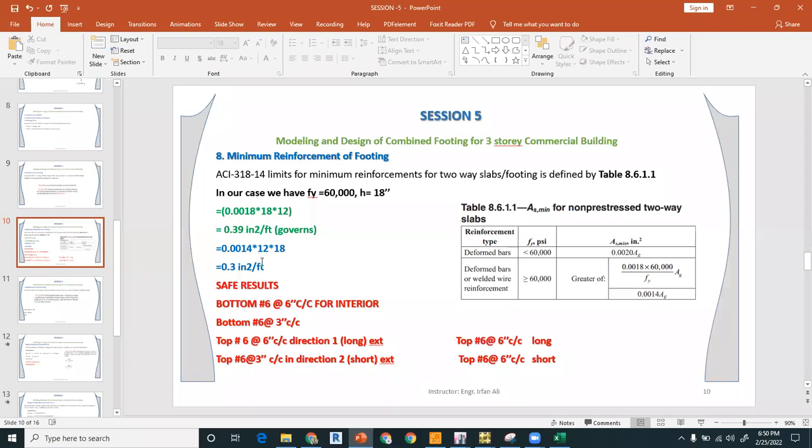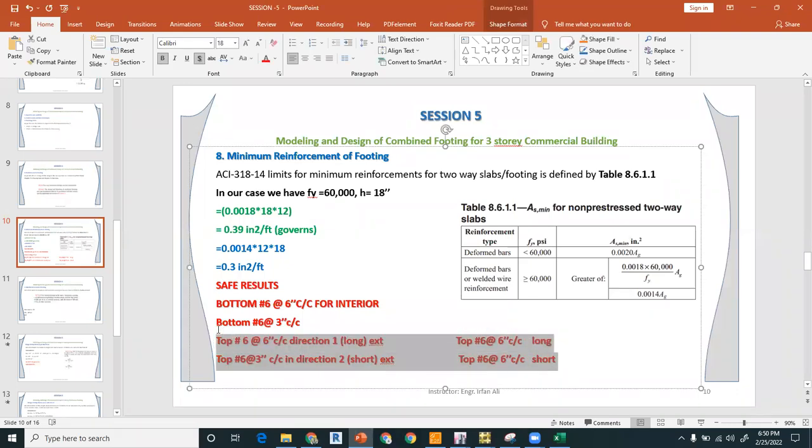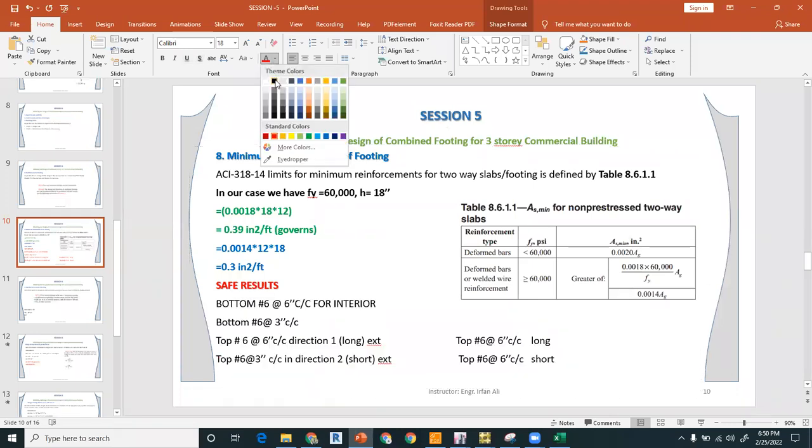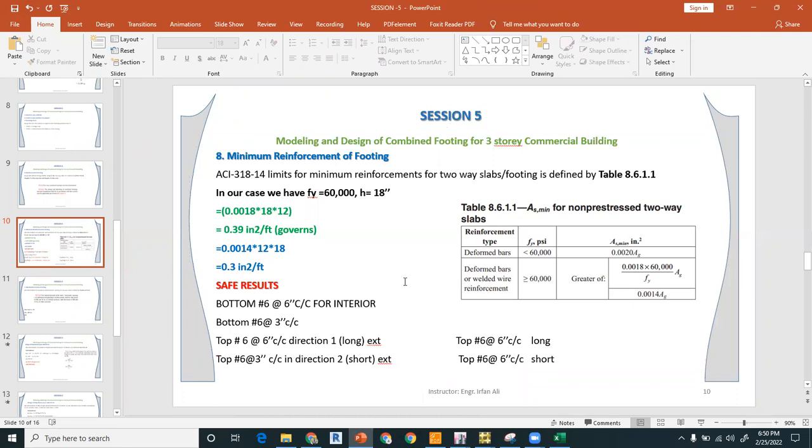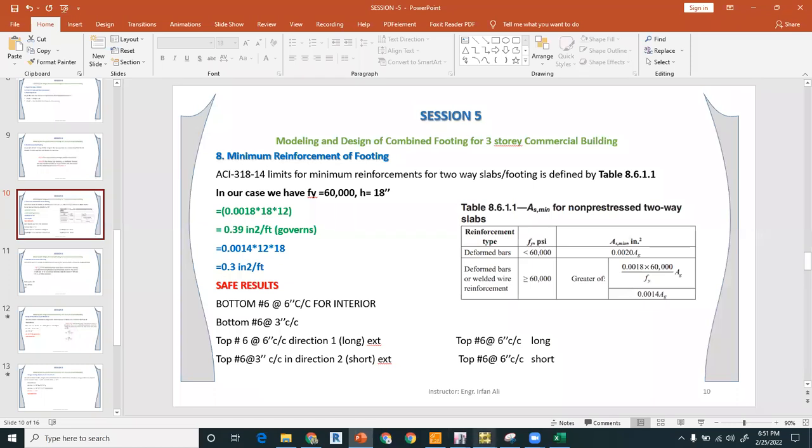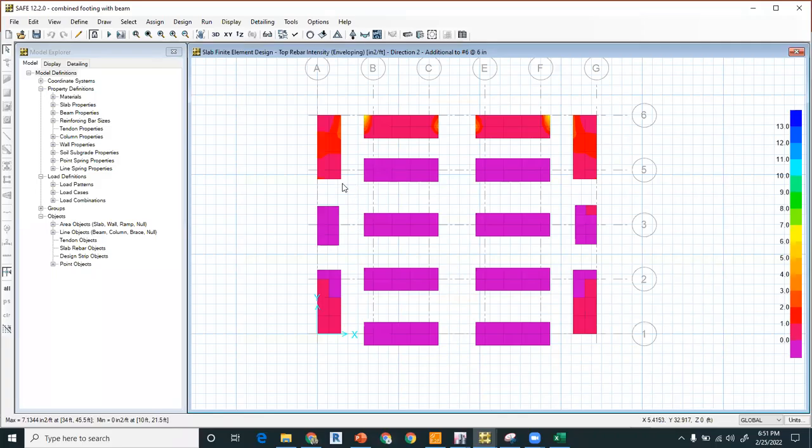Right, so if you calculate this reinforcement, it will be much less, because you can see that this is sufficient reinforcement required by the footing, because it is a 3-story commercial building, located in zone 3, and the soil type is SD, so it depends on a lot of parameters, right? And the load combinations are UBC 97. So this is how you will design the combined footing in SAFE,